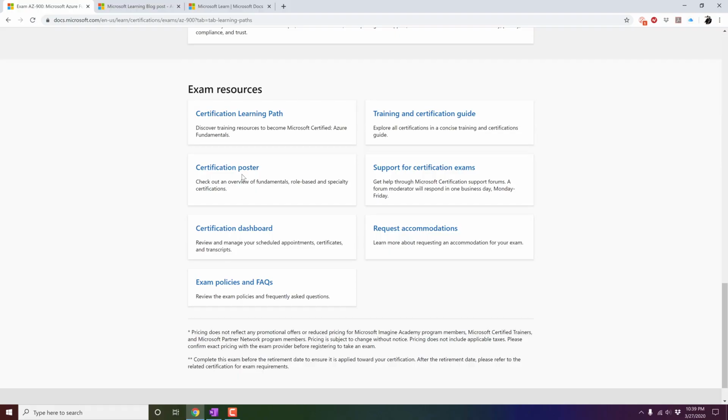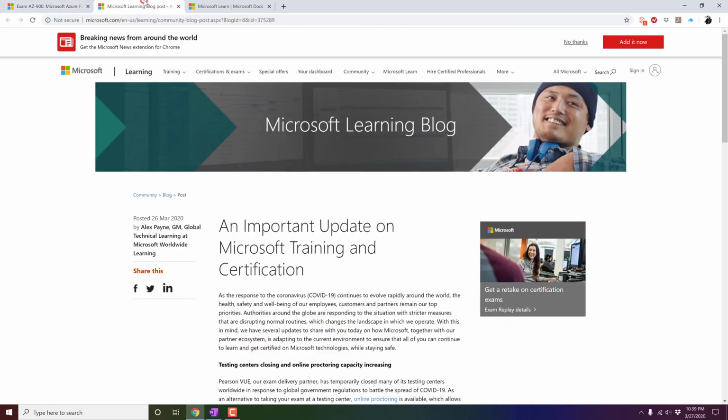Now apart from that, I would like to share another important link with you guys. That one is about COVID-19. Microsoft is already aware that COVID-19 is a serious topic nowadays in each and every country.